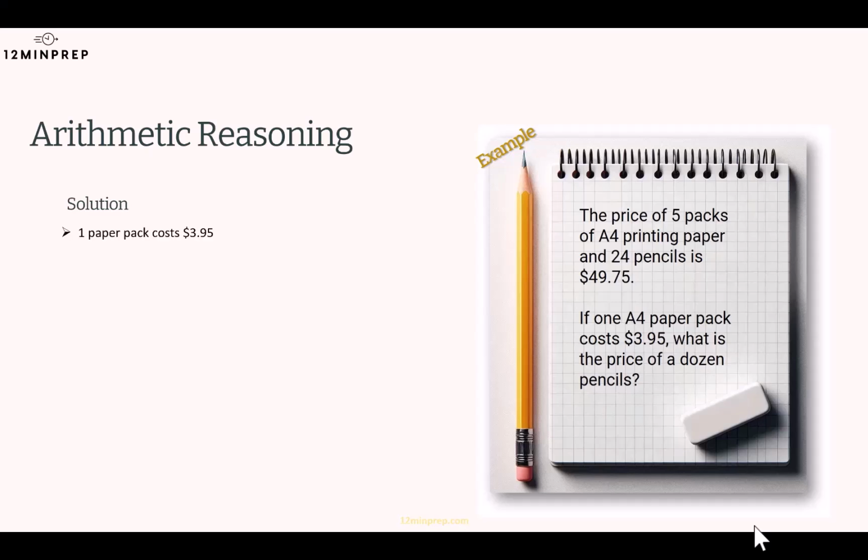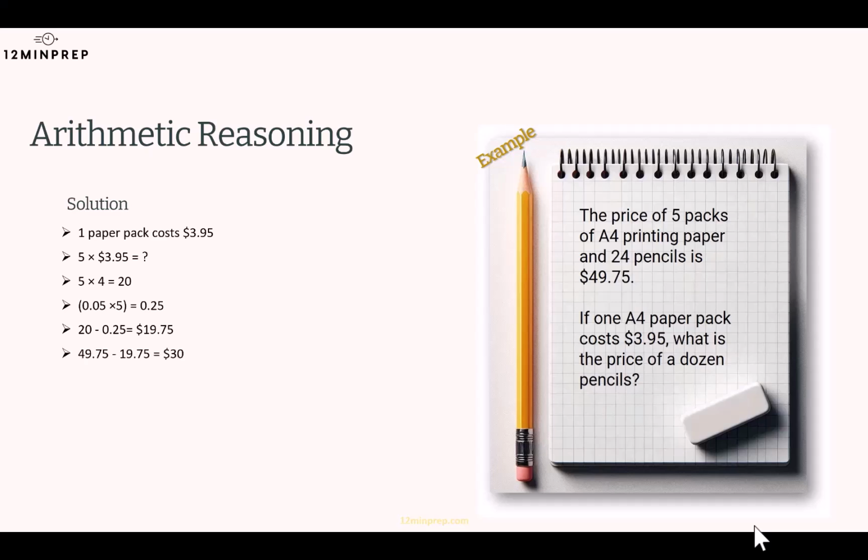Solution. If one paper pack costs $3.95 and the final price includes 5 paper packs, we can start by finding their price. To multiply 5 by $3.95, we can simplify the calculation by rounding 3.95 to 4. 5 times 4 is 20. Now 0.05 times 5 equals 0.25, and we deduct this from 20. 20 minus 0.25 equals